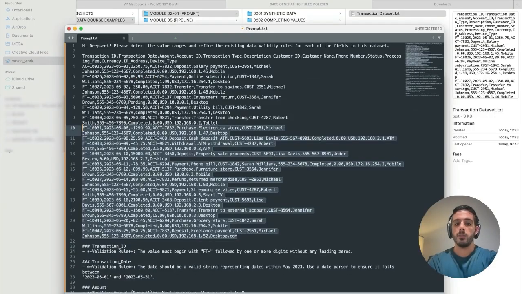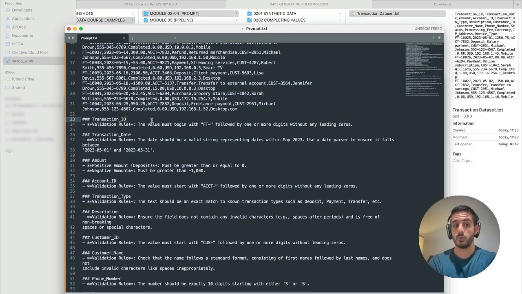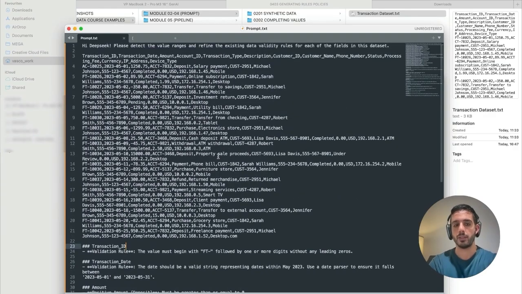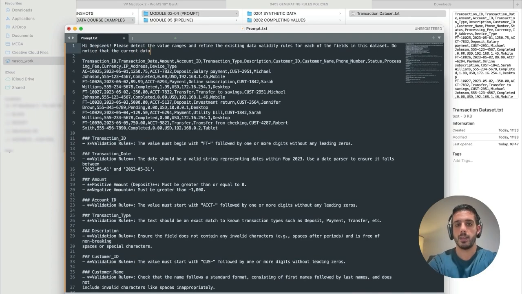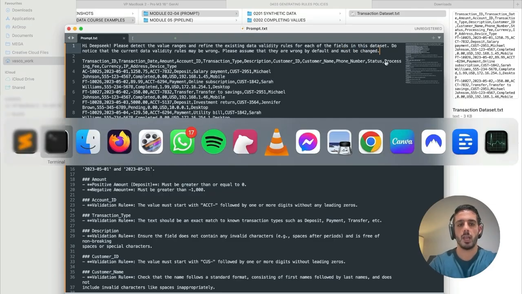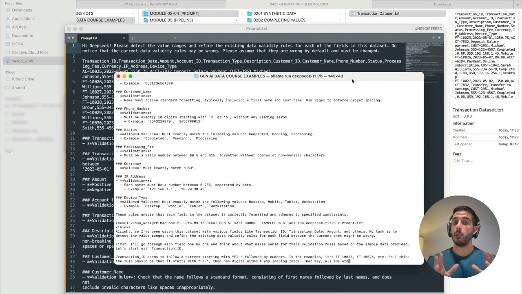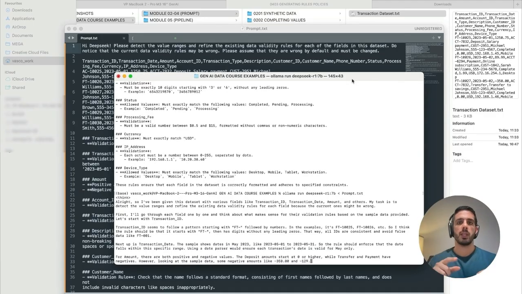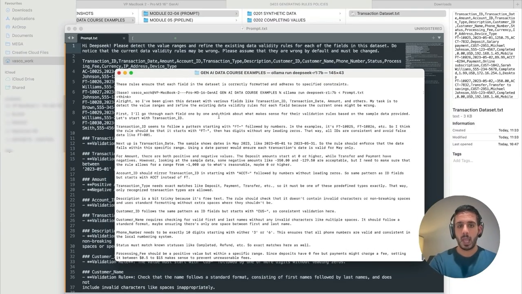So in those situations, what we could do is write down the data validity rules in a different way, or we could write something in the prompt that says that the current rules may be wrong. I'm going to try and do just that. So we're going to keep this small data set. Do notice that the current data validity rules may be wrong. Please assume that they are wrong by default and must be changed. So this is something that we can do, right? Because we have such declarative language in those rules saying all transactions must start with FT, we're also saying in the prompt, please assume that these are wrong and change them if they need to be changed, right? So, for example,